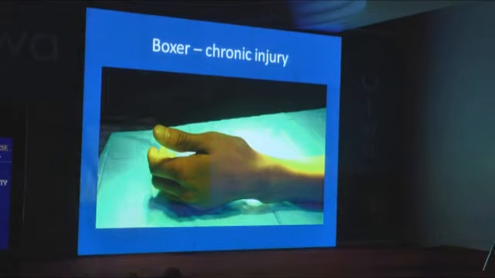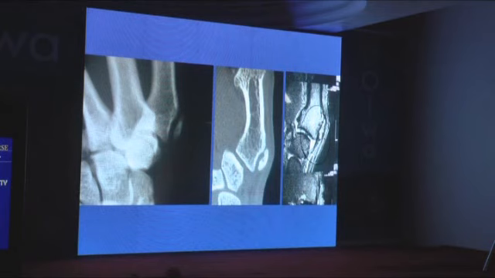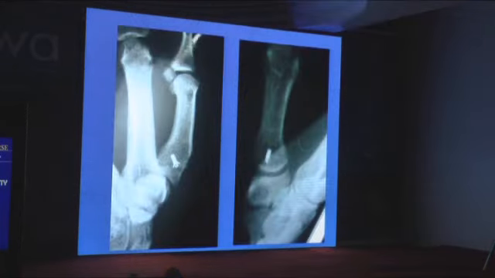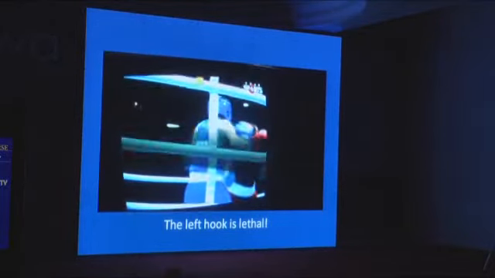And in a chronic injury, sometimes you can have a fragment like this, which is more to do with the tendon, with the attachment, rather than anything else. So this may not be able to be fixed back. This fellow is a boxer. So I took off that fragment and I put it back with an anchor.